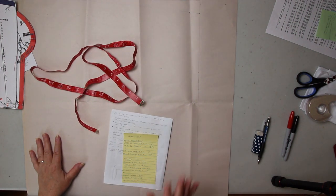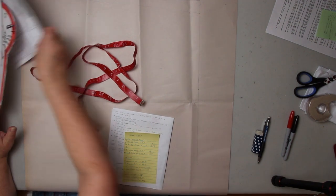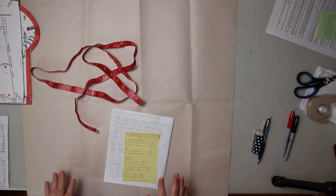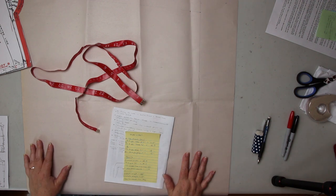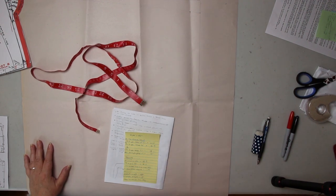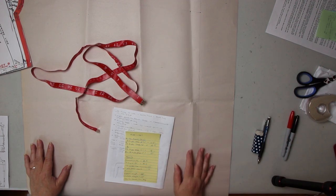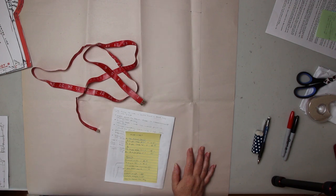So there are 4 specific measurements that this pattern calls for. However, I'm adding 3 additional measurements because pants tend to be a lot harder to fit than other garments. And the 3 additional measurements I'm going to give you are going to come in handy when you're doing fitting. So you're going to need a quarter of your waist plus 2.5 inches,